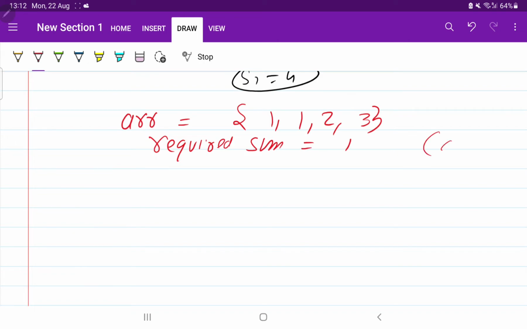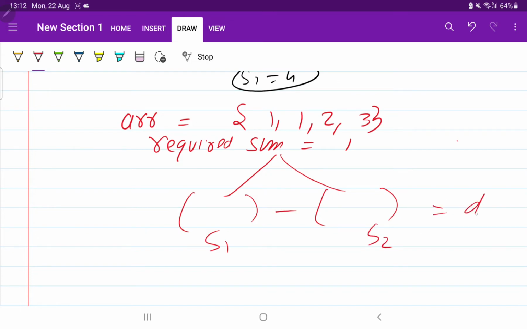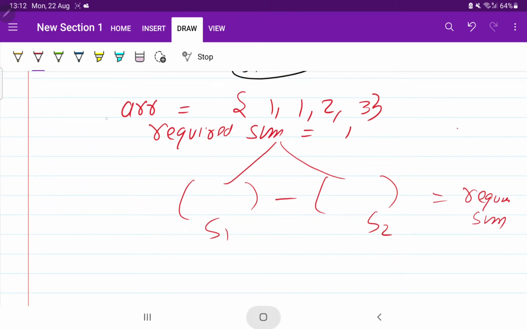Okay, required sum is 1. This is given in the question. So what we have done, we have divided into two sub-arrays. This is S1 and this is S2, such that their difference is given, or you can write required sum.